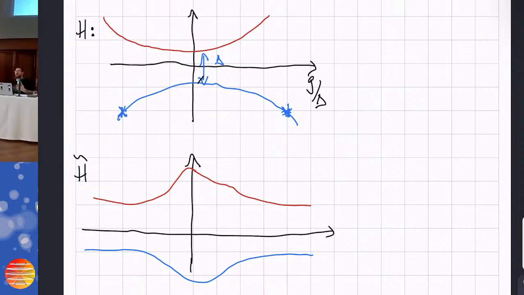You can go arbitrarily fast. How can I go arbitrarily fast? The only way for that term to still be negligible is if I have large energy gaps. So I have to be messing about with the denominator. That's what the counter-diabatic driving actually does. It says, well, fine, if I want to go at some rate, the faster I want to go, the bigger